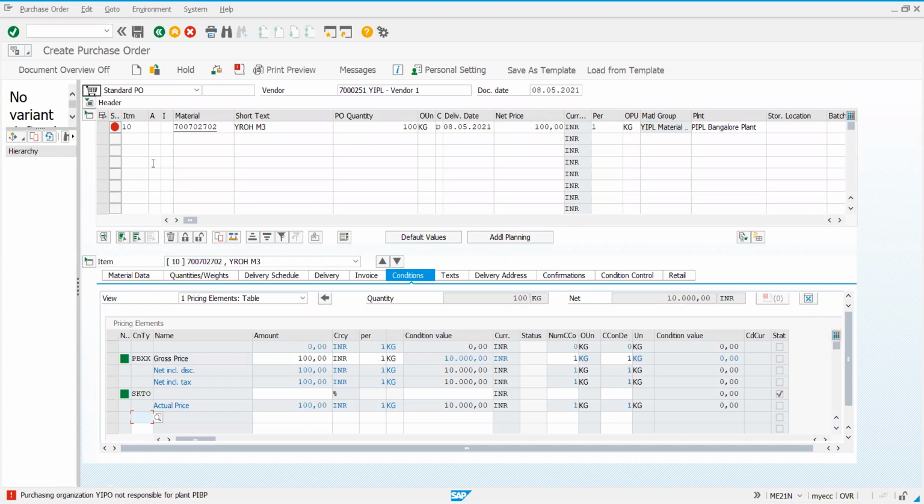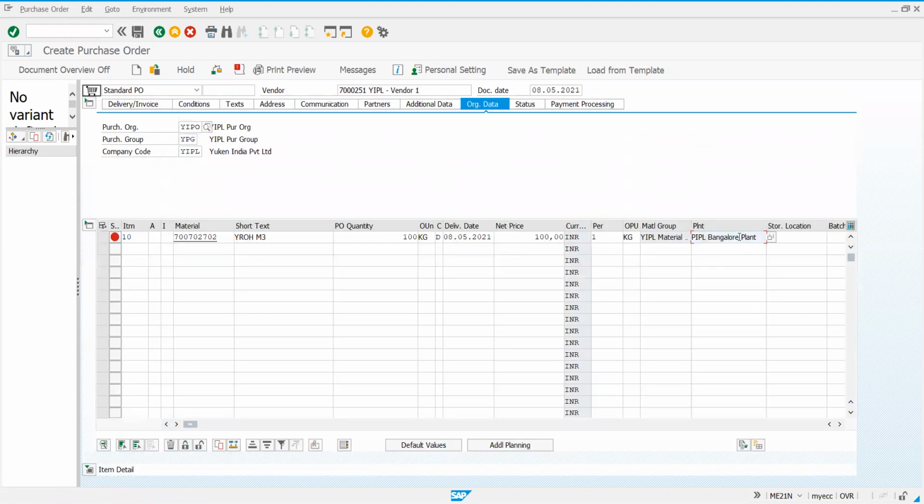Sorry, I think I have entered the plant wrong. Plant is YIBP. I have entered PI. Yeah, order quantity violates rounding rules. That is fine. Now I would like to give you one more piece of information.